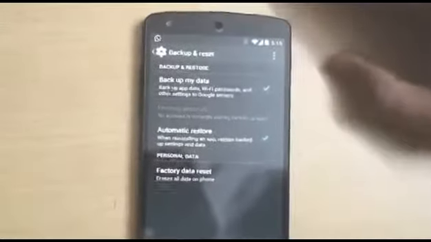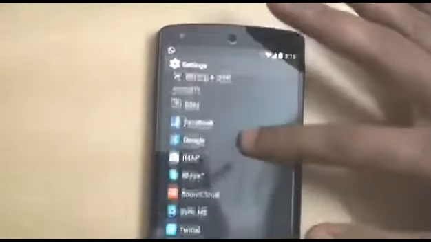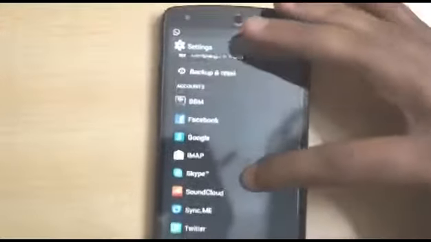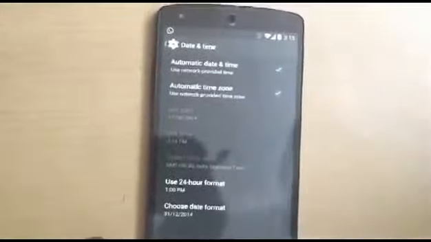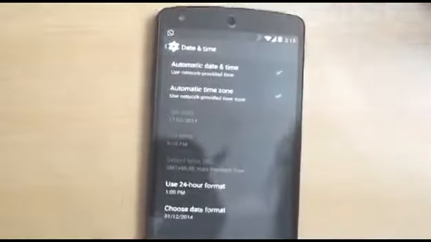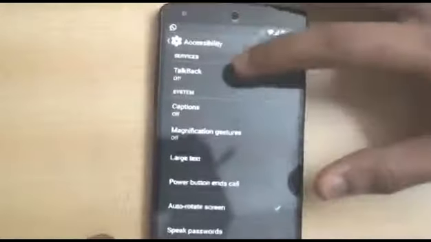because it really saves all your data on to your Google account. That's really quite a nice feature. And those are all my social networking profiles. As you can see, they are all synchronized. Then we come to date and time. Now here we have this date format, that also came default, and that better not be touched because it doesn't matter anyways. And talkback.